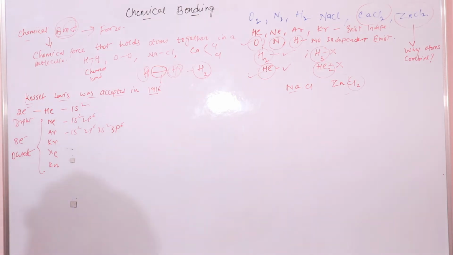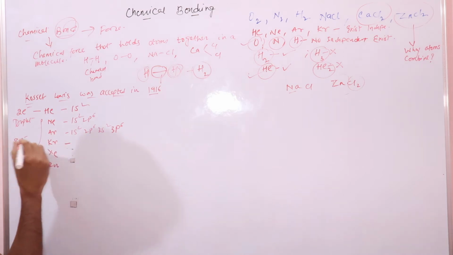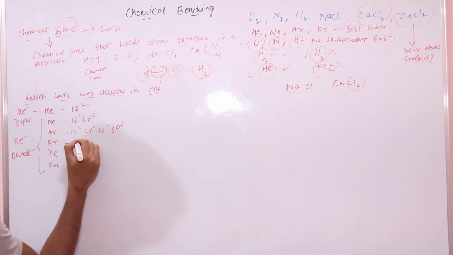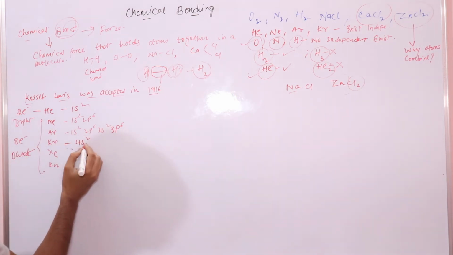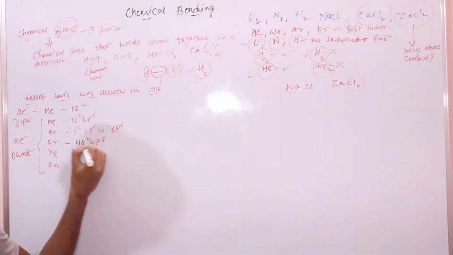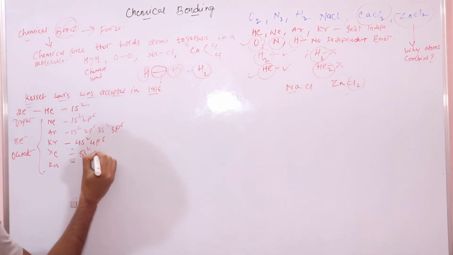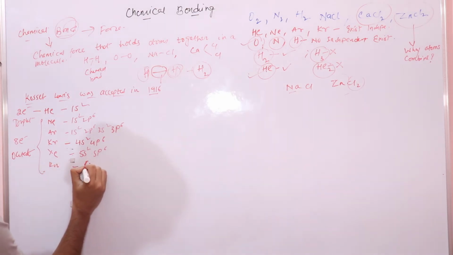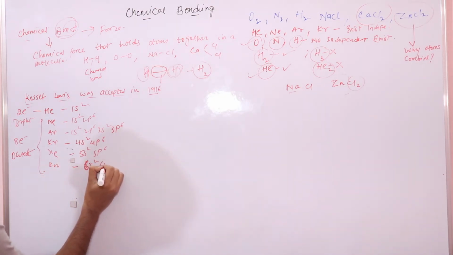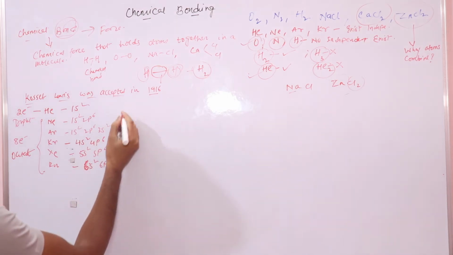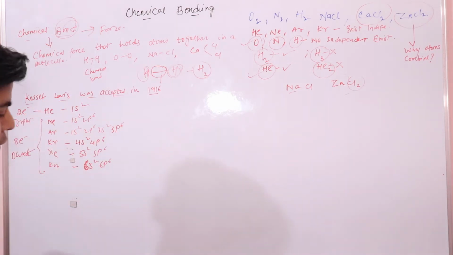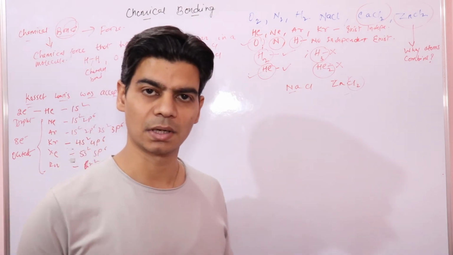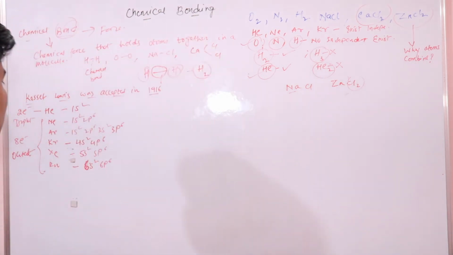Right. Similarly, if you look at the electronic configuration of krypton, I am just writing the outermost now, 4s2 4p6. For xenon it's 5s2 5p6. For radon it's 6s2 6p6. So what we notice is that all these noble gases have 8 electrons in their outermost orbit, whereas helium has